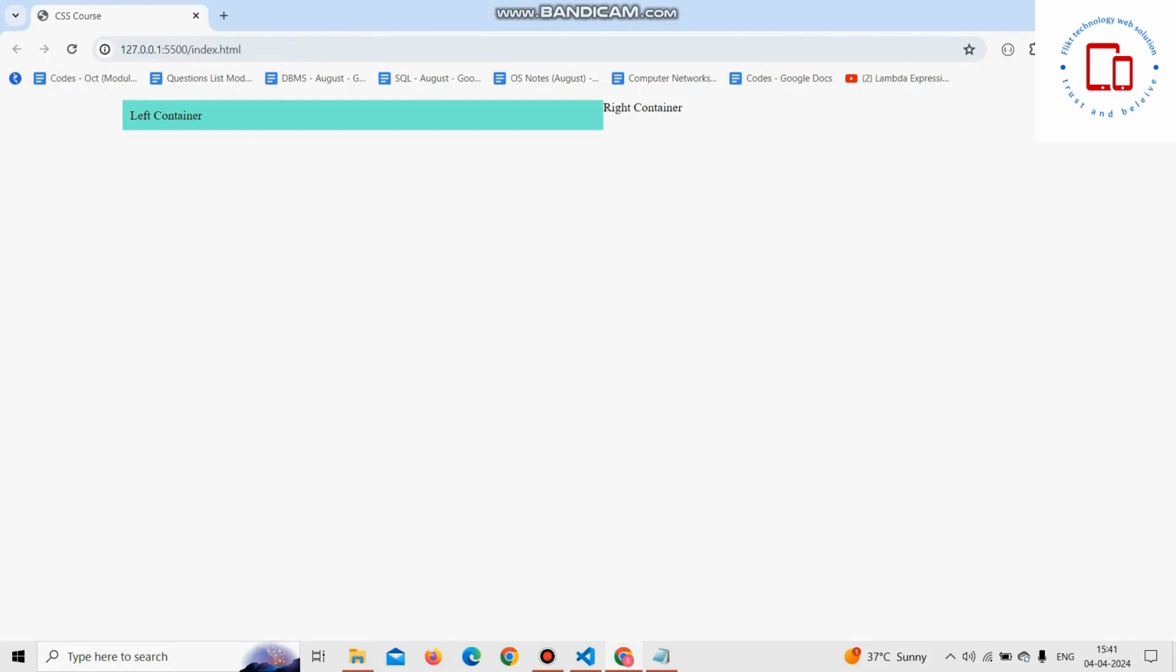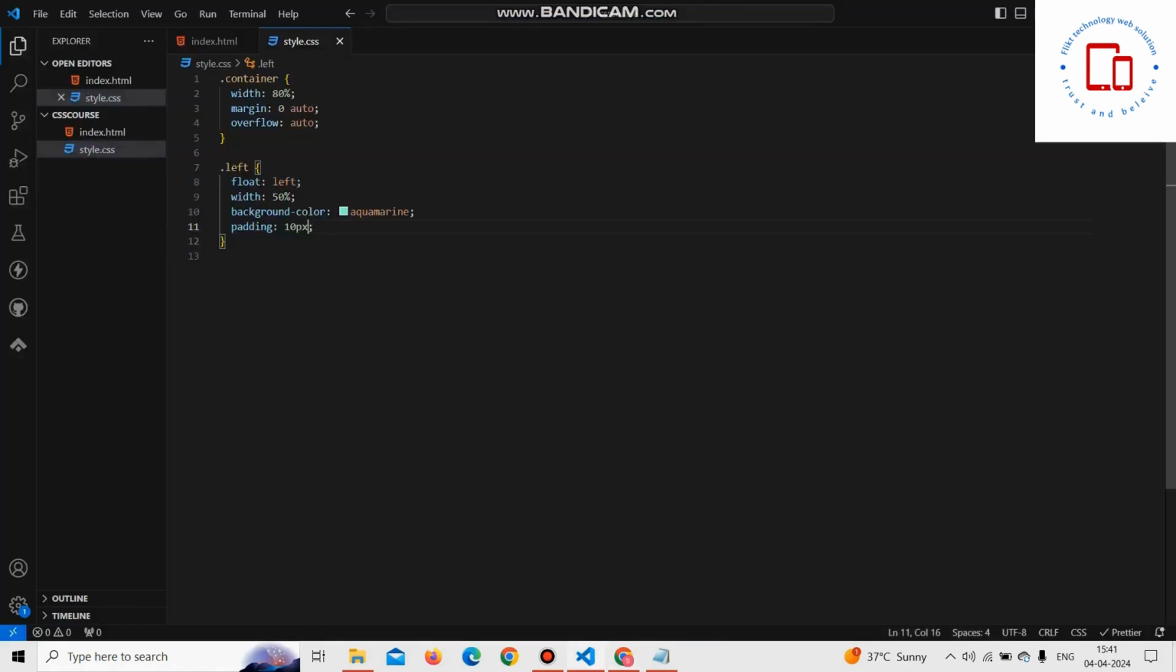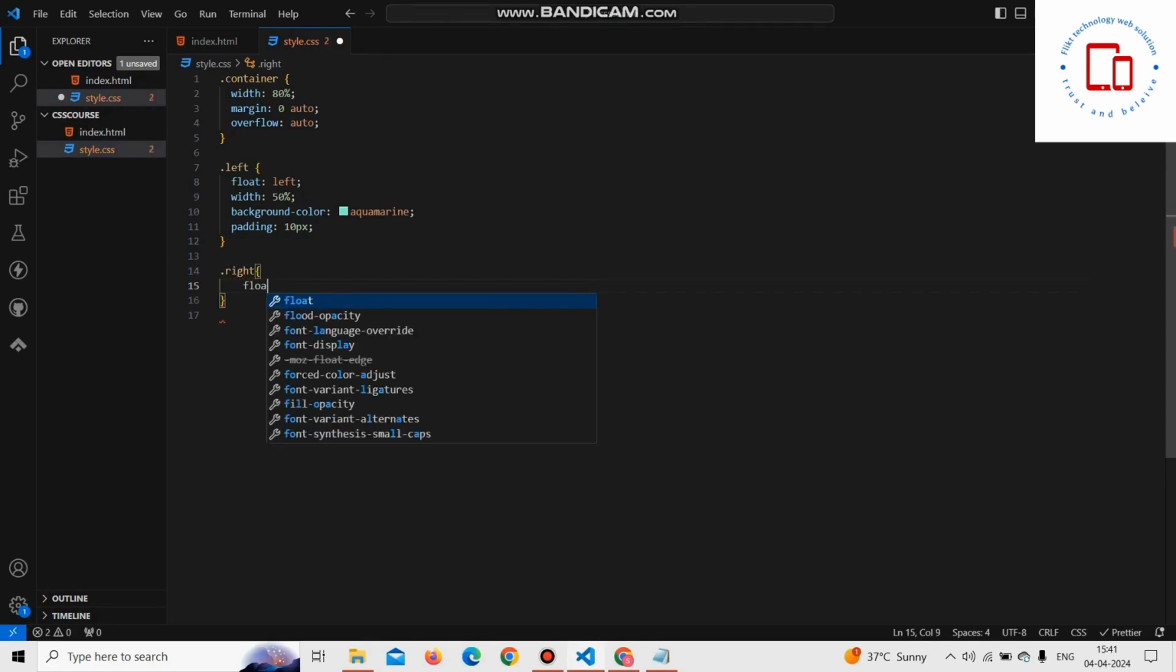See, it has taken 50% of the container, which is 80% of full width. In that it has taken 40% of the width. Now I will show how it will be on the right side, the right container. I am going to give CSS for that. I am going to give a float of right,